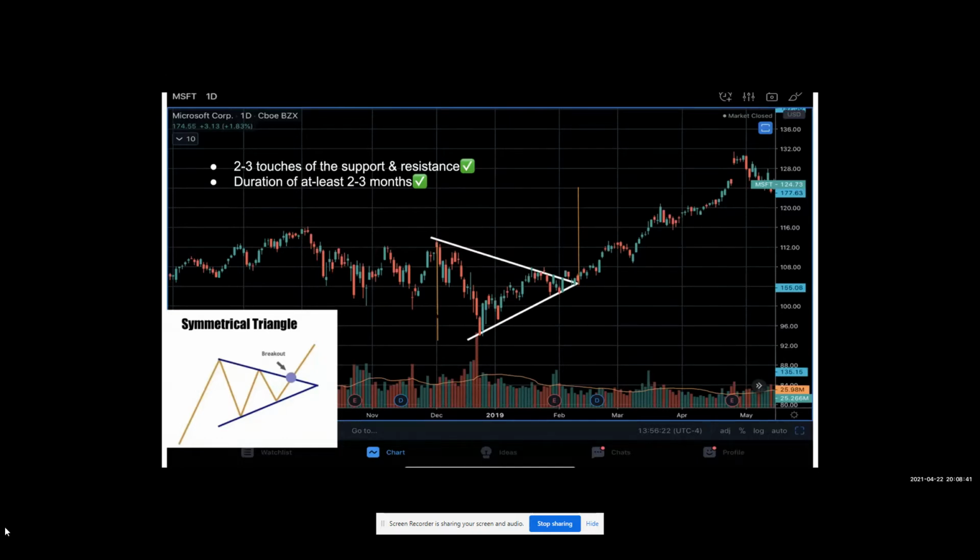Now, how do you create the targets of where it's projected to go? You take the longest line, right? So this would be the longest line, and then you apply it to the breakout. So all I did was copy and paste this line and then apply it here. So let's try that, right? And don't worry about if it's scaled correctly. Yes, it is, right? So this line,